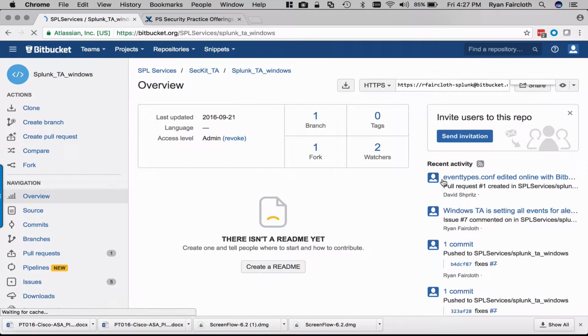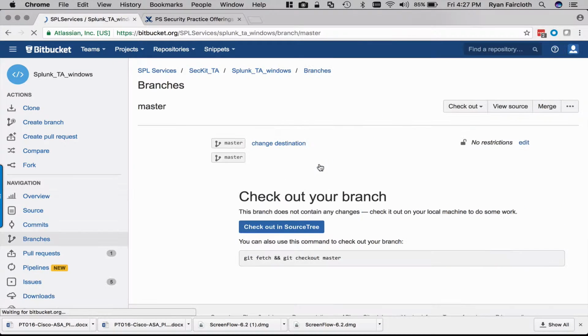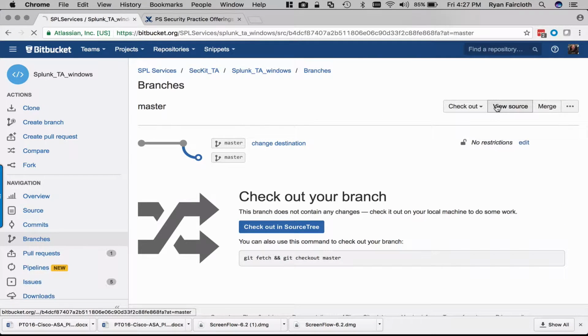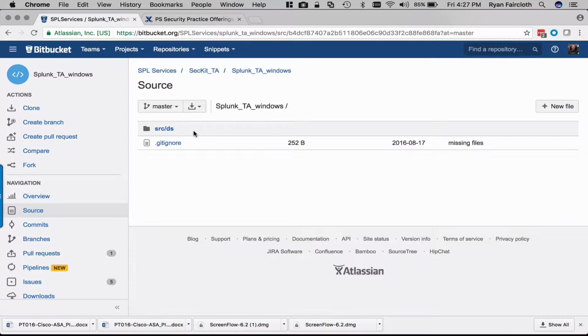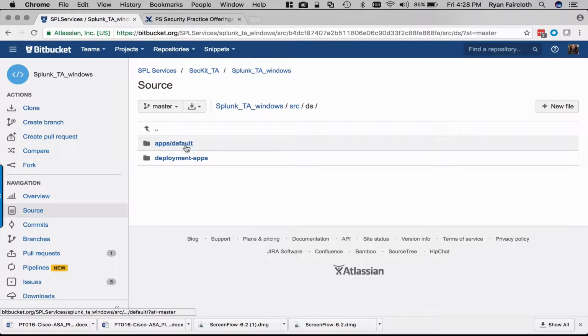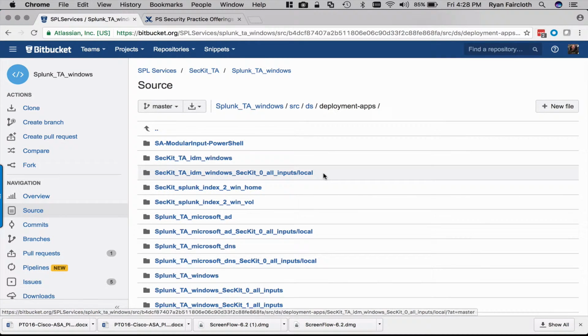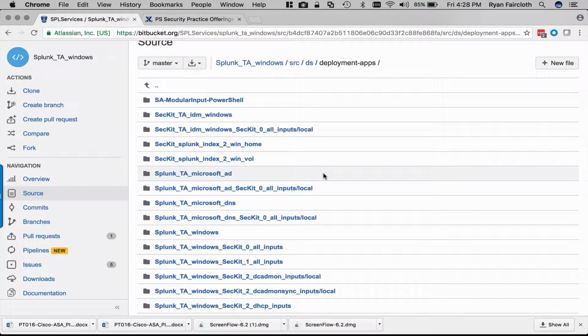Clicking on the repository link, you see a fairly standard routine Bitbucket cover page. We'll navigate into branch, go to master because we should almost always be pulling from master. The layout is such that you would see immediately where code will go, so SRC in this case. Because this is a TA, it would go to the deployment server. There is a server class pattern for deploying the TA to the environment, and then there's deployment apps, which is where you will find the latest version of the TA that we have